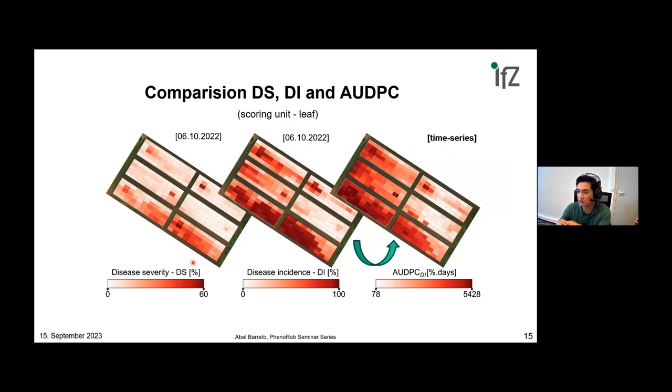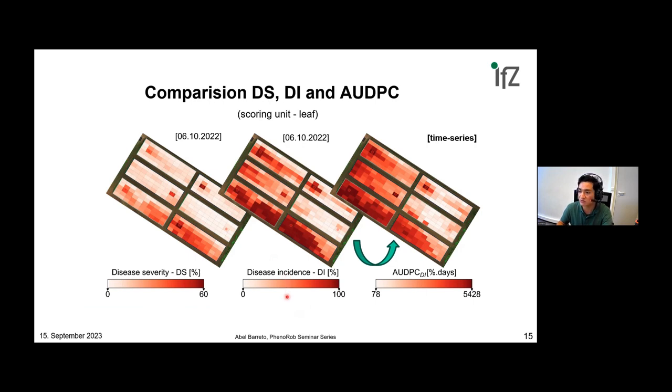For example, this is a quantification of the disease maps of the parameter disease severity first by using the instances of leaves. You can see there is a high intensity in the inoculation points, but disease incidence, as I mentioned before, is a parameter that's more sensible. The values are higher. You can take more sensitive decision making, and this is the main parameter for applying fungicide for a